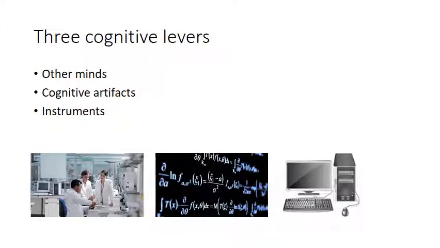So what makes humans so smart? What enables modern science and these mesmerizing innovations that follow from it? Well, not the biological brain in isolation, but the fact that we can pool knowledge and work together with others in creating knowledge. The fact that we've developed very efficient and powerful cognitive artifacts such as mathematics and human language. And finally, the fact that we're most recently now developing many instruments that increase the power of our own thinking.